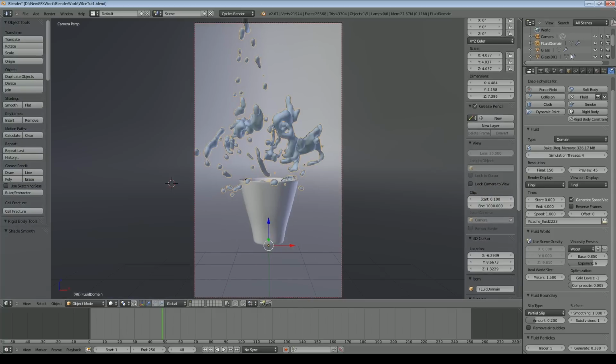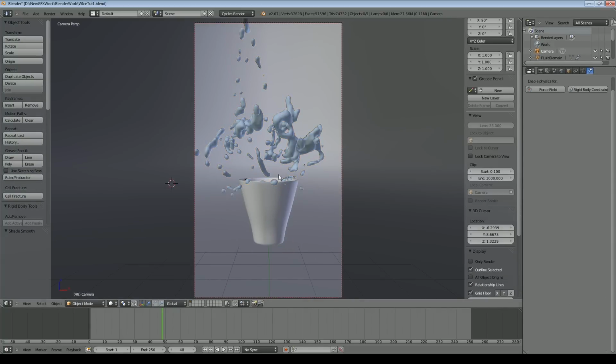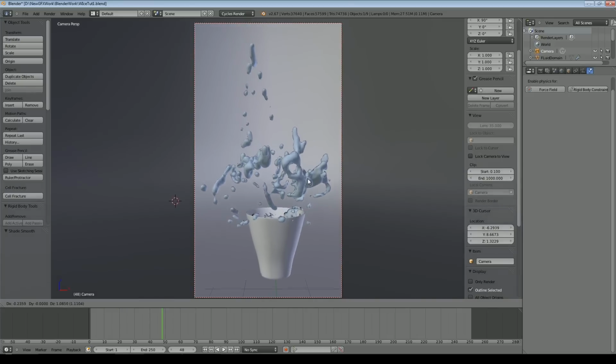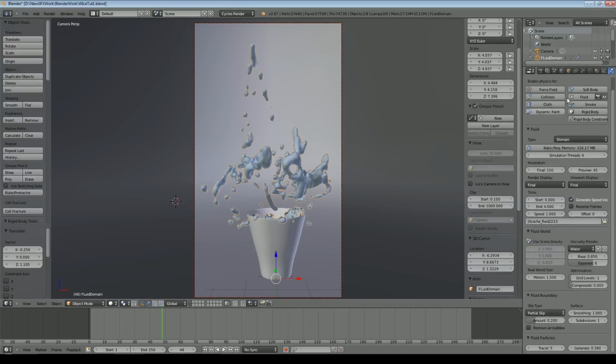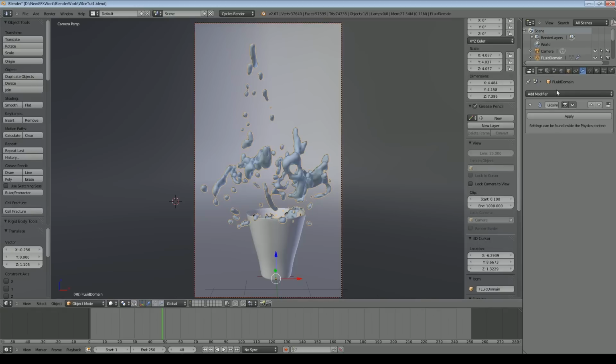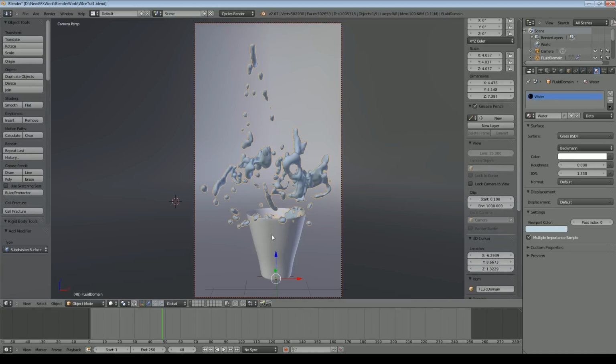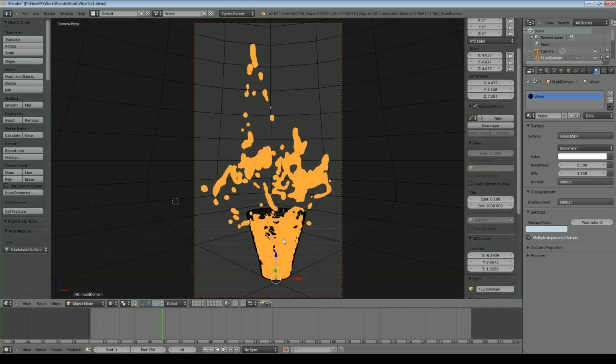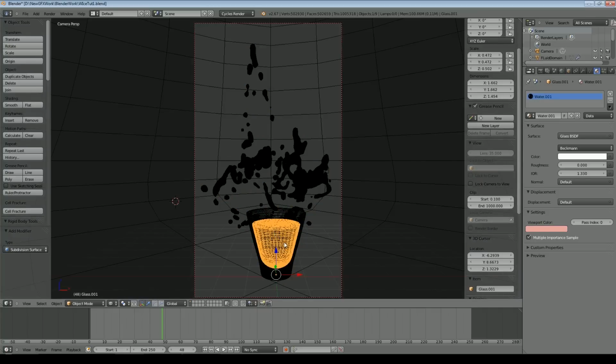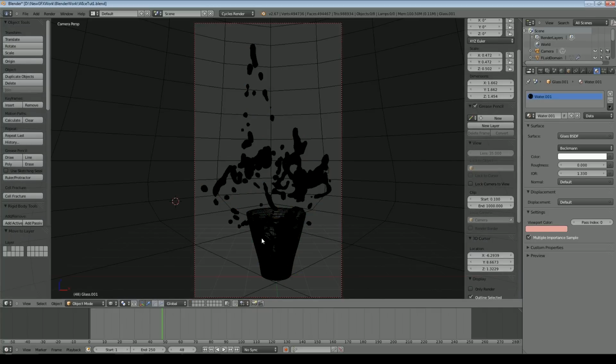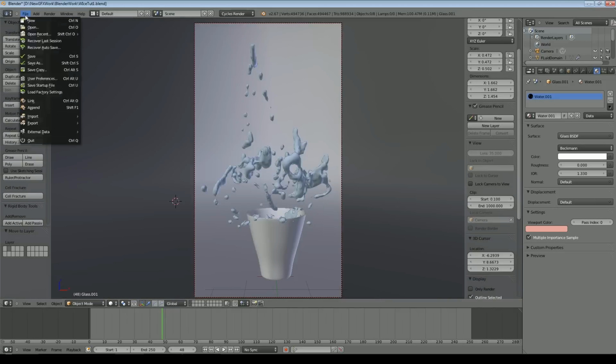So if we select our camera and then move that up a little bit, we'll need to bring it in to about there. We'll save that. The other thing I'm going to do before I go any further is add a subsurf to the water, just a simple subsurf, and I'll also need to remove my inside object, the water inflow, from the rendered scene. So all I'll do is move that to the next layer. If I have to resimulate, it won't make any difference. So save that, and then we'll have a look at what the rendered version looks like.